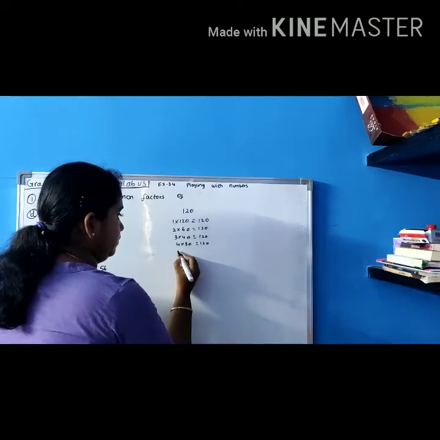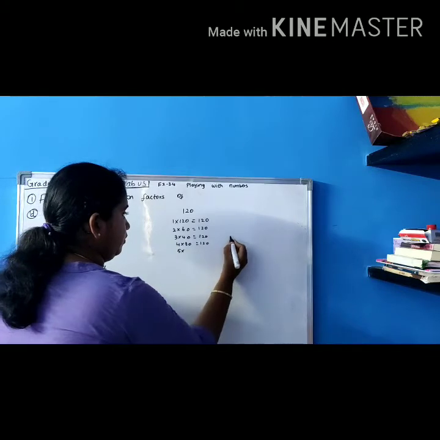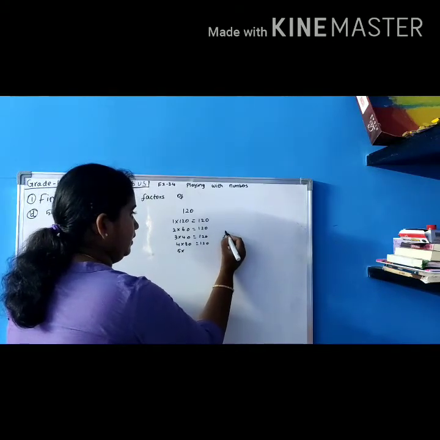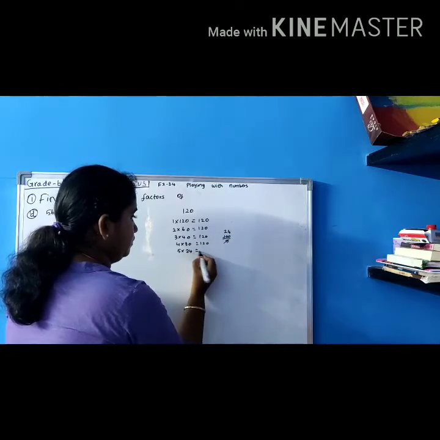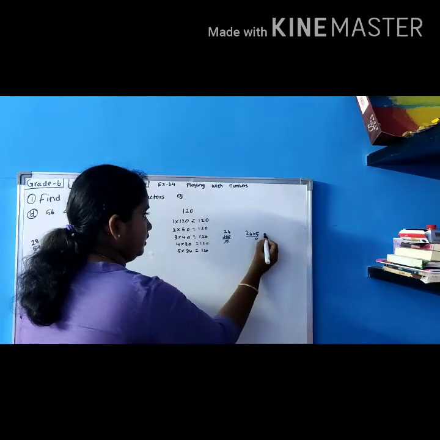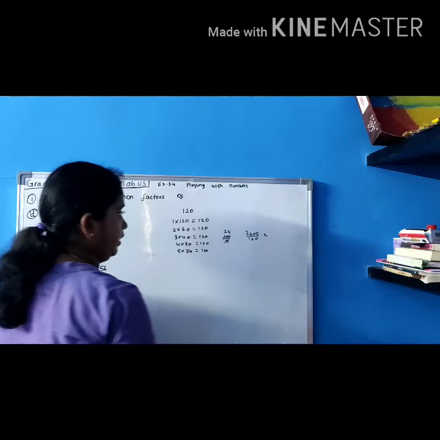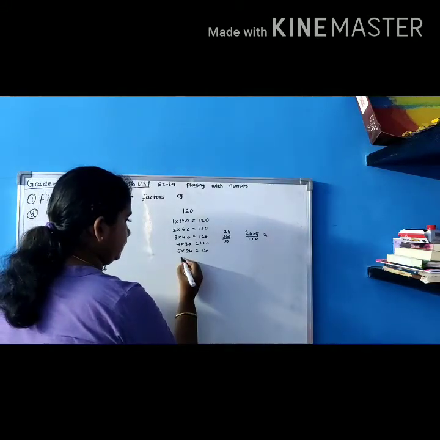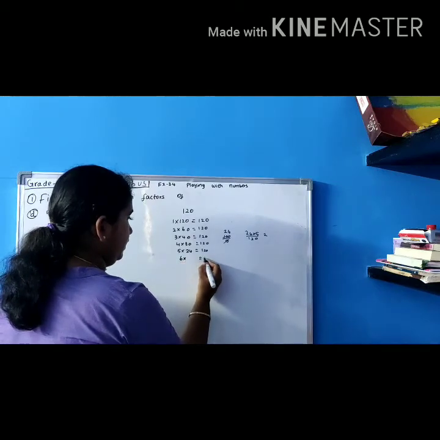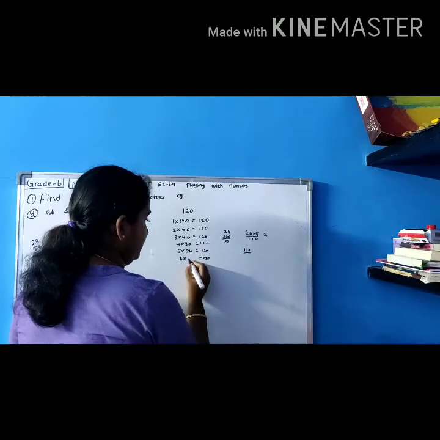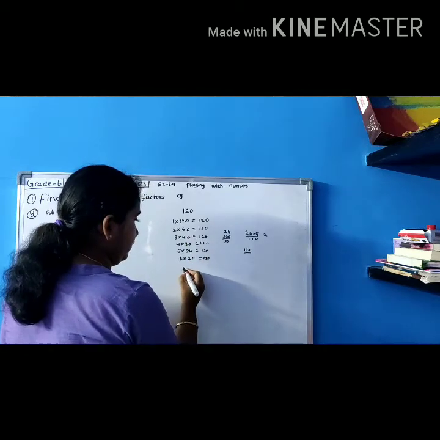Then the 5 table also it will go. For what? I don't know. So 120 divided by 5. 1 5 is 5. 2 5s are 10. Balance 2. 4 5s are 20. 5 into 24 gives you 120. If you want, you can check it. 24 into 5. 5 4s are 20. Balance 2. 2 5s are 10. So 120. Clear? Okay. Then 6 into what gives you 120? 120 divided by 6. 6 2s are 12. 6 into 20 gives you 120.